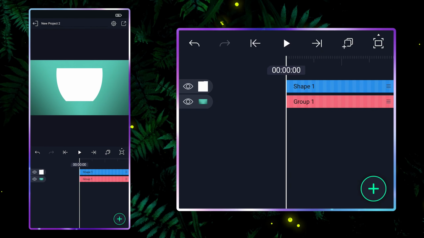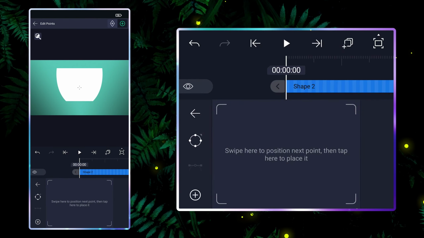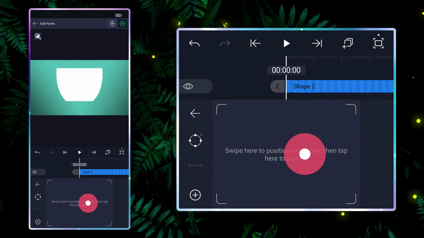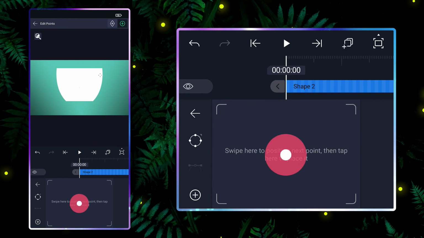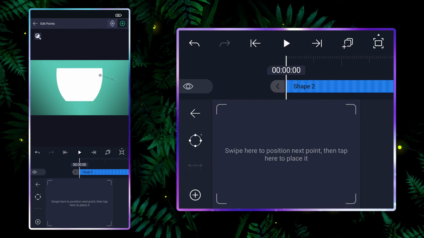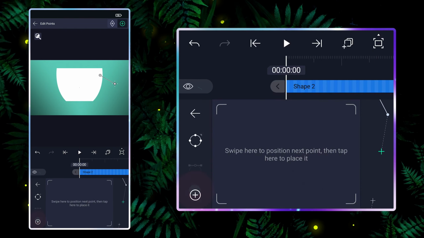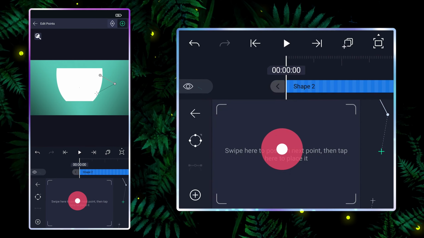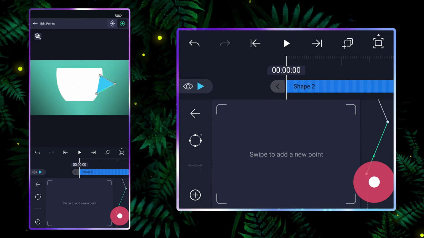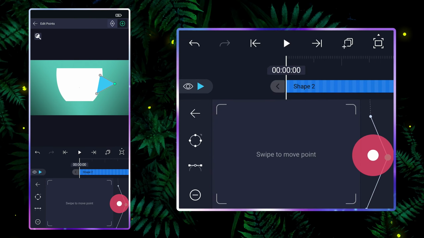Now draw the cup handle. We need only 3 points. Select the middle point and apply a curve to it.